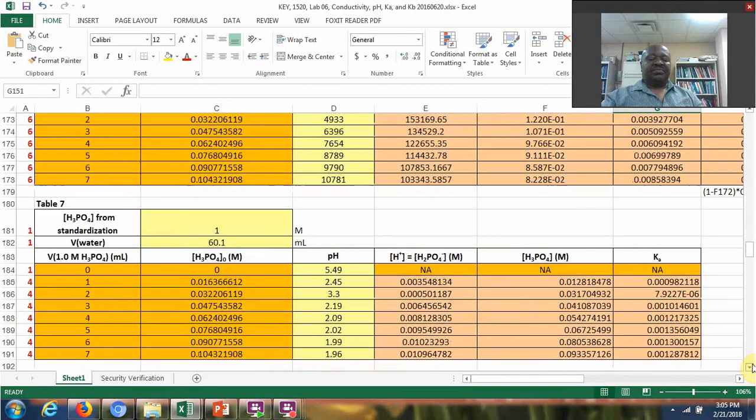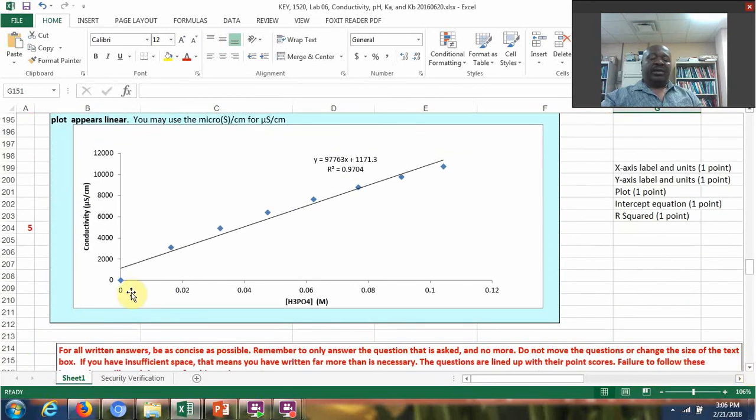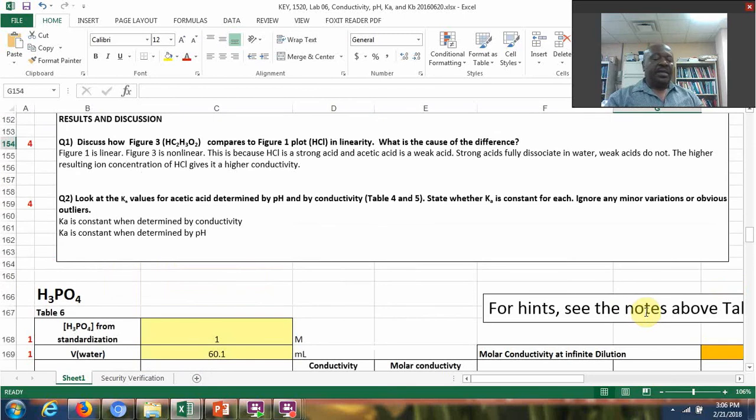Phosphoric acid, same thing, same calculations, same reasoning, and here one of the people drew a straight line, but as you can see, it actually is a nice curve there. And again, it's because phosphoric acid is a weak acid. And then moving right on, what am I missing? The last one is